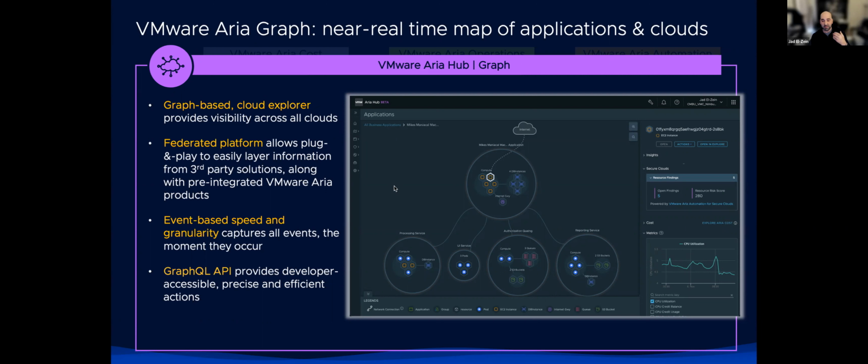Right? And in fact, at VMware Explore, we announced a free tier, which every single person on this call can go and sign up for, that allows you to onboard 2 public cloud resources and test drive Aria Hub and Graph. I'll remind you at the end of the call, but this has gotten a ton of attention and a ton of signups. If you just want to see what this is about without necessarily plugging in your private cloud environment, and just explore what is available in the free tier, check that out. There's a lot of good to be had there. So anyway,